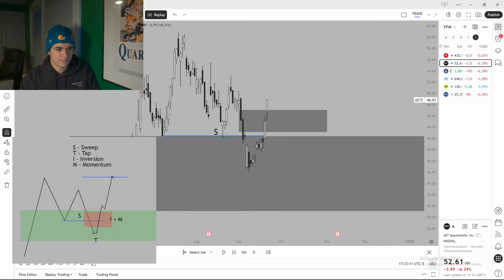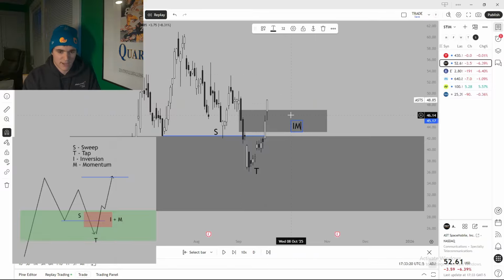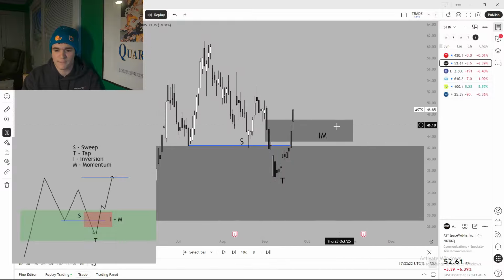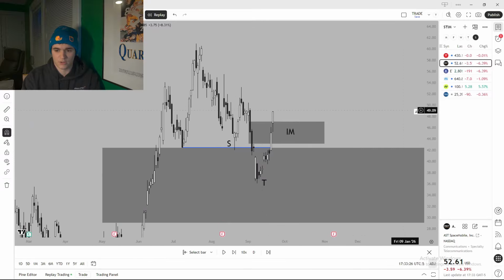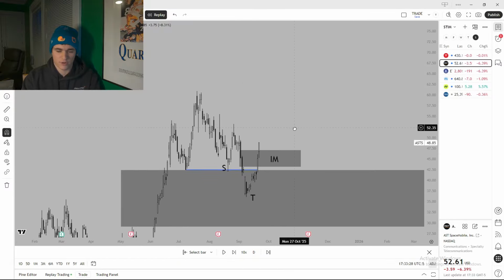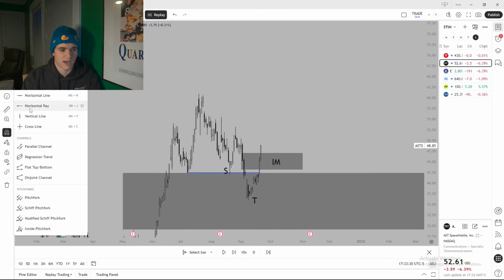So sweep, tap, and then right here we have the inversion with momentum. That looks like pretty damn good momentum to me, does it not, right? We have this massive impulse move right back through this bearish gap that we created on the way down. Now look what happens. If you take longs from 48, right, targeting the recent swing high,